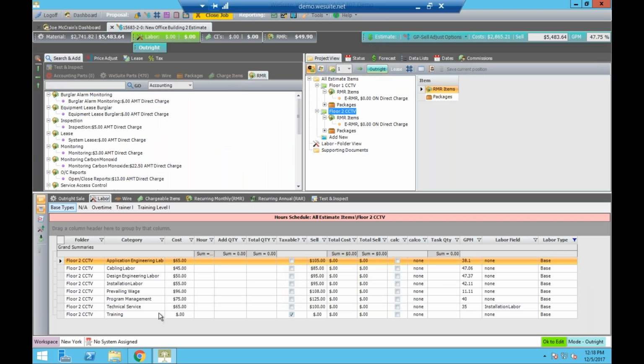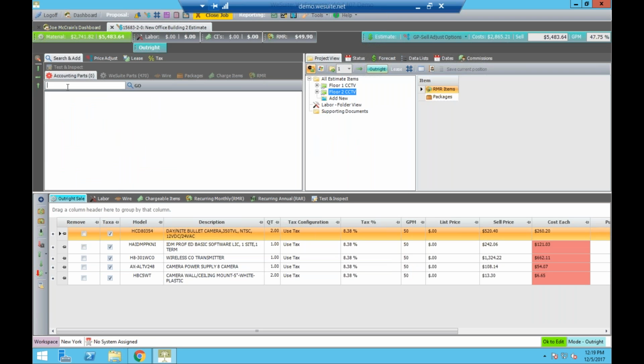Okay, so hopefully I'm not hopping around too much, but I just want to make sure that we're all on the same page here. So I have my 2 floors. They each have a package in them, and we're ready to now build a site survey. So let's say we'd created this quote. It's fully baked. We've added in our labor, we've added in our parts, and now we're ready to create a